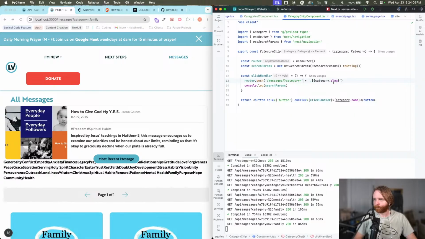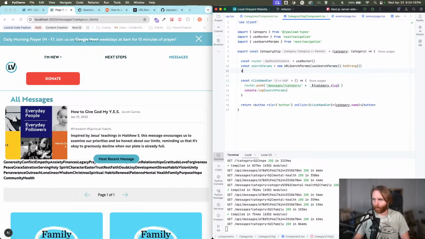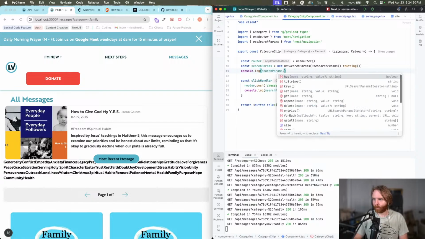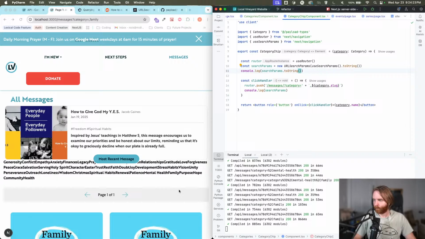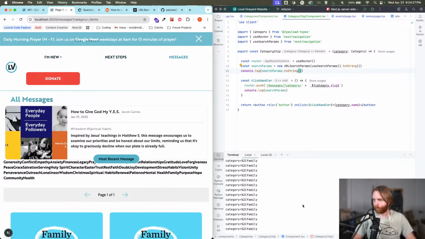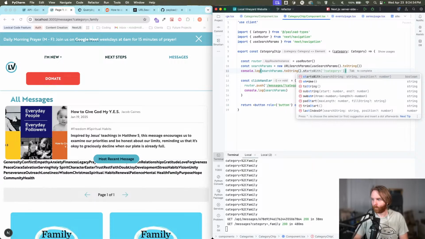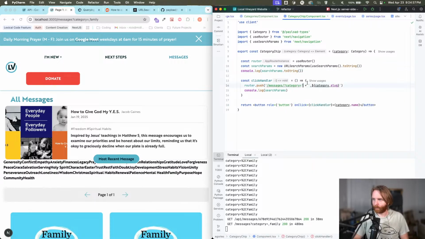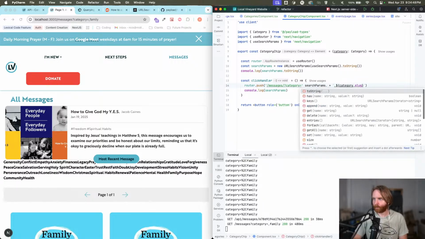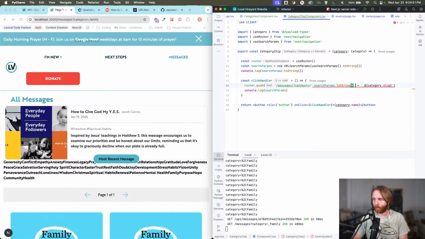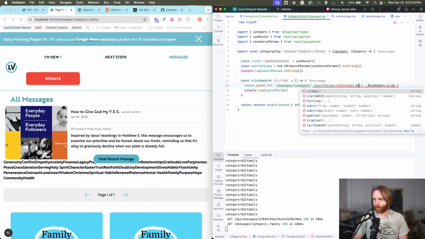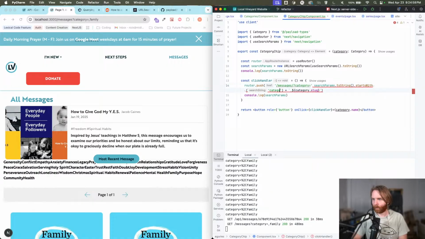Okay, so now what is our, so let's log search params, and we'll do toString. Okay, so we can do something like search params to string starts with category,